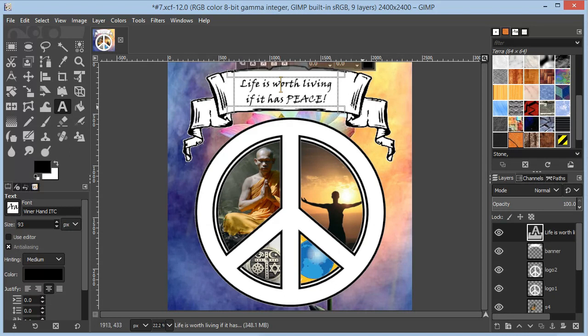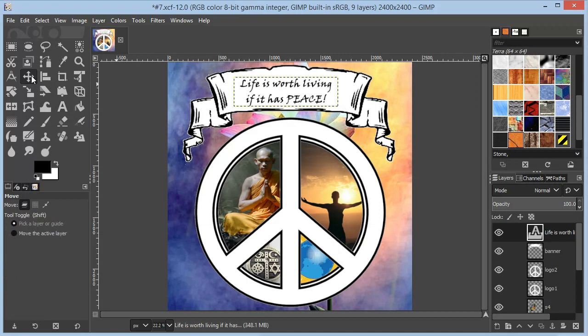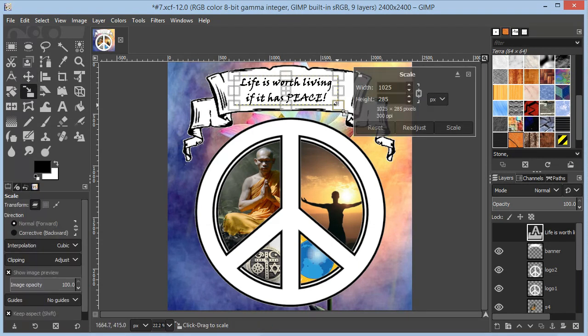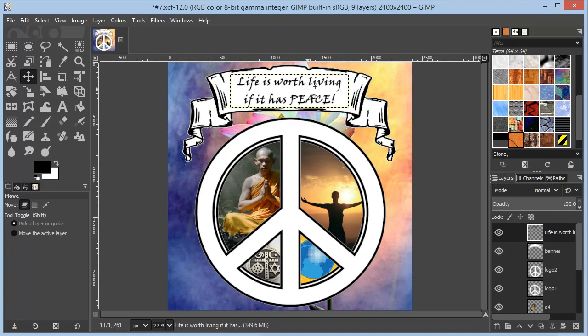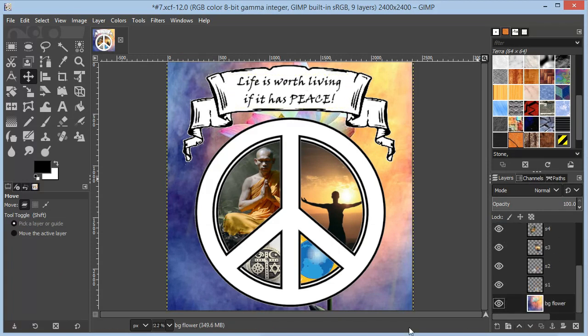And when you are happy with it, just click outside so that it will create a new layer, and then you can use the move tool to move it to a position you think looks the best. I'm just going to scale this a bit so that it will fit perfectly here. And I think this looks great. I'll just move it a bit with the arrow keys, and yes,